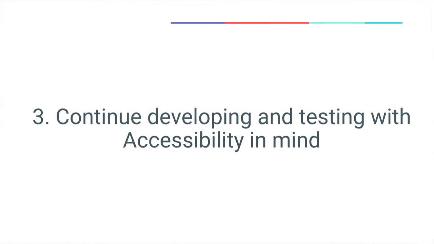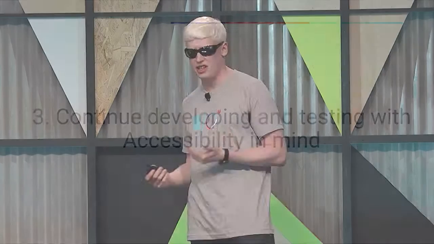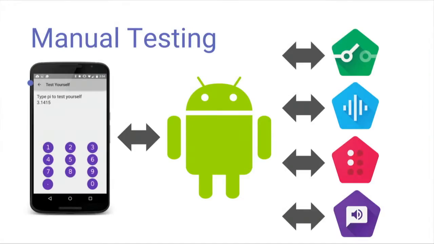So now that we know about Android's accessibility services, how to use them, and we know about Android's accessibility best practices, let's talk about applying them and integrating testing for these best practices into our development process. And with that, let's talk about testing. Our recommended approach to testing for accessibility is manual testing. As you've seen in the applicable video,